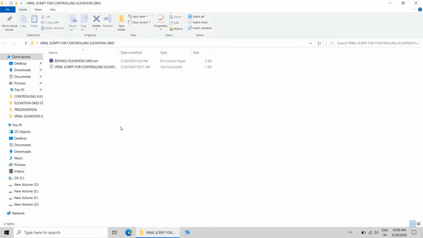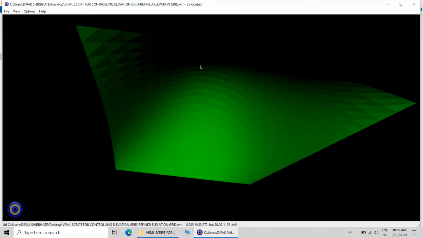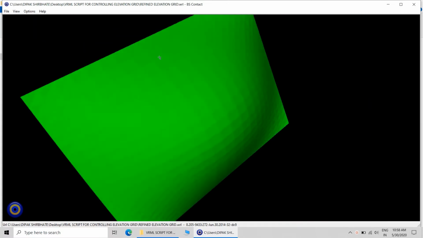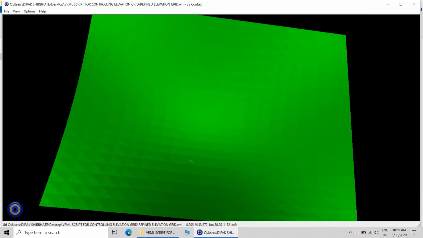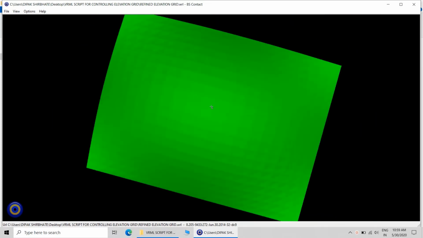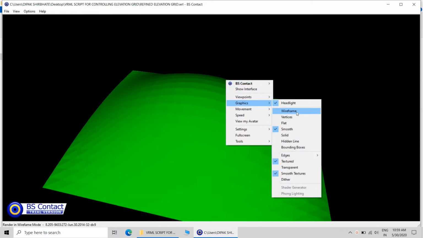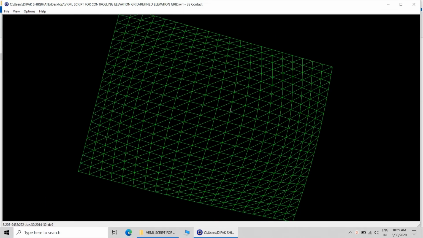So we will start with the elevation grid control script. This is the elevation grid. You can see that it is having a swelling in one direction, with a convex and concave surface in the respective direction. The wireframe model will look like this.